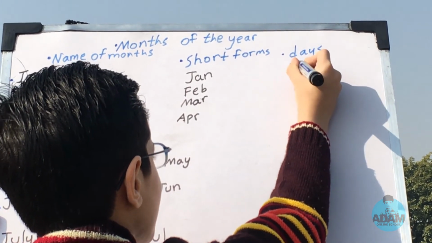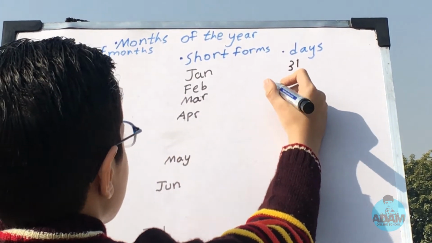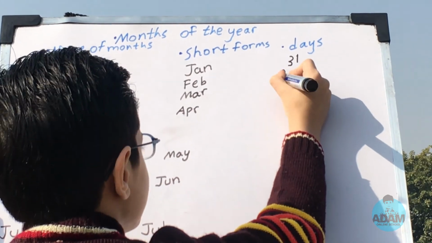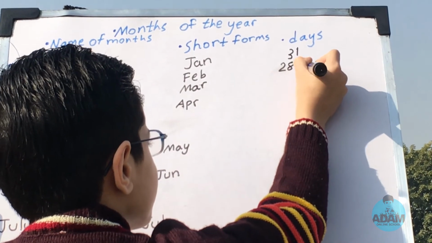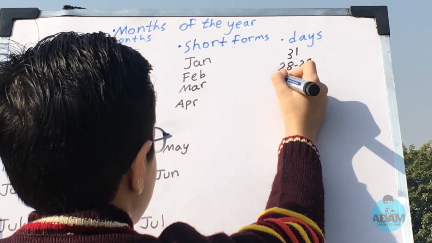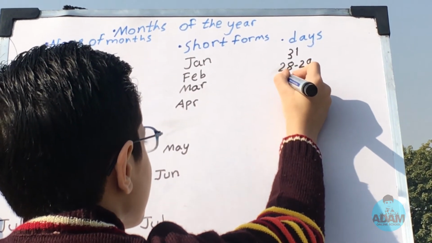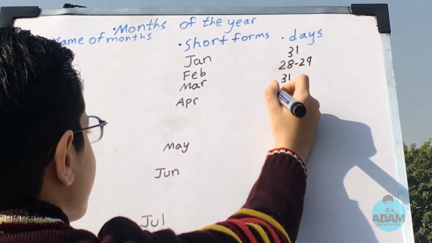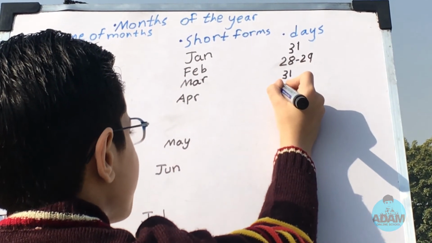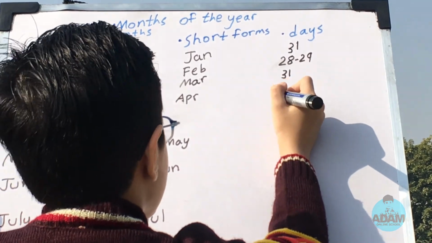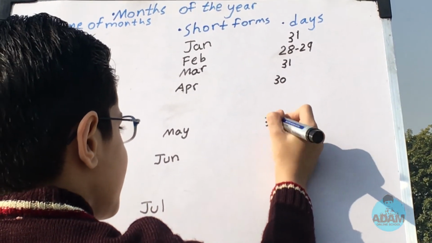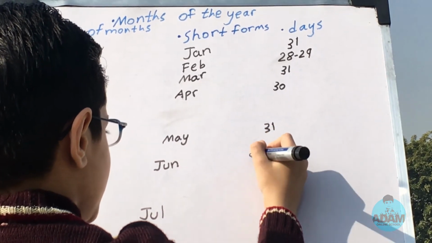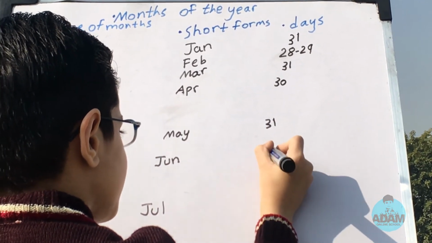January 31, February 28 or 29, March 31, April 30, May 31, June 30,